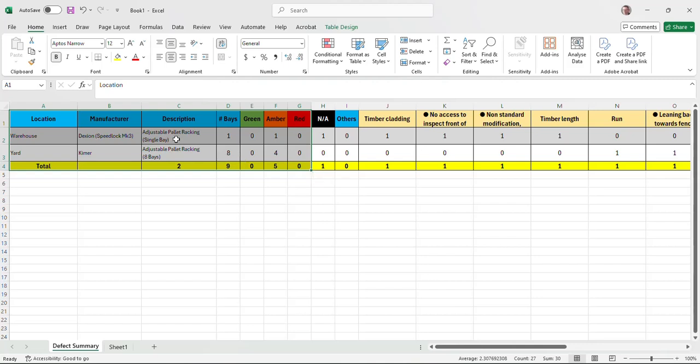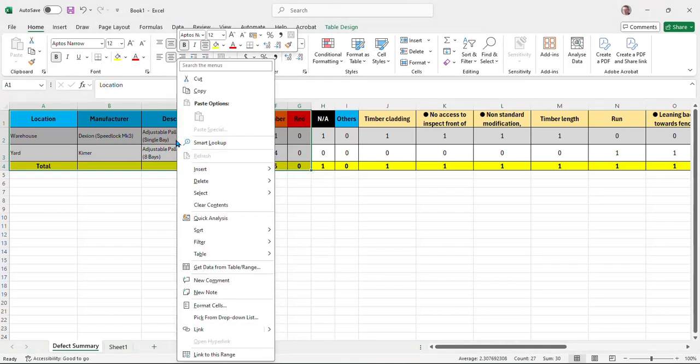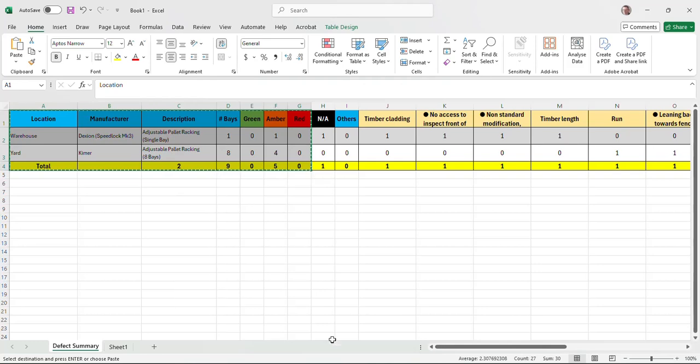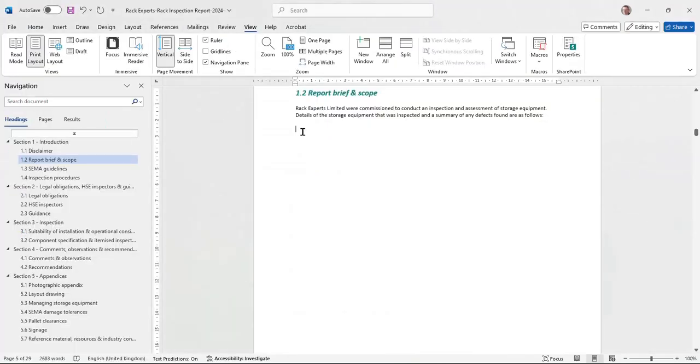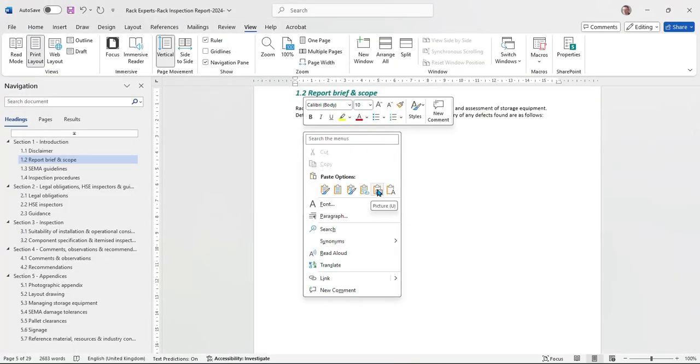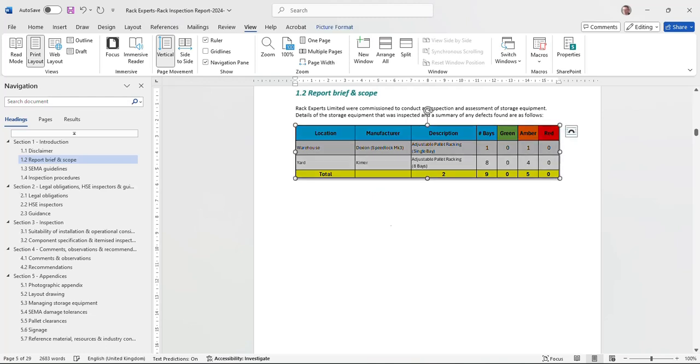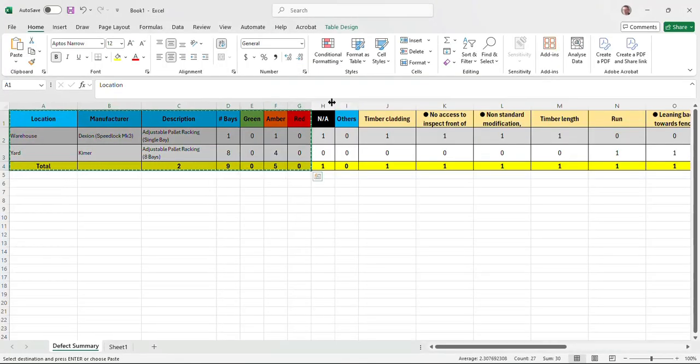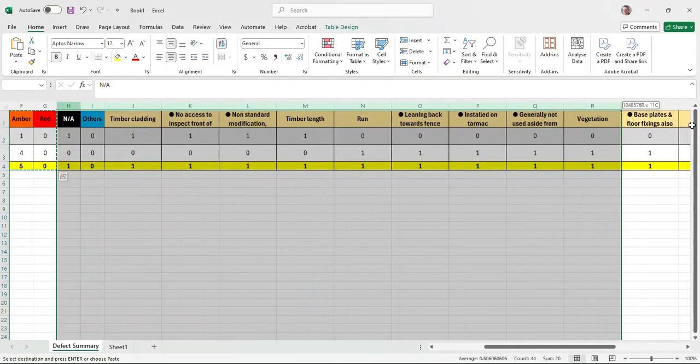You might want to do something entirely different. Right click, copy, go to my document, right click, I paste that in as a graphic. So that just pastes it nicely in as a graphic. And as you can see, the text is relatively easy to read. The reason I don't just chop everything else out like this,